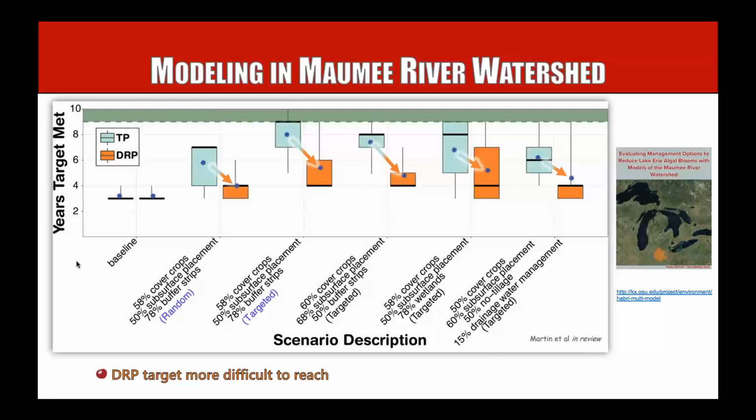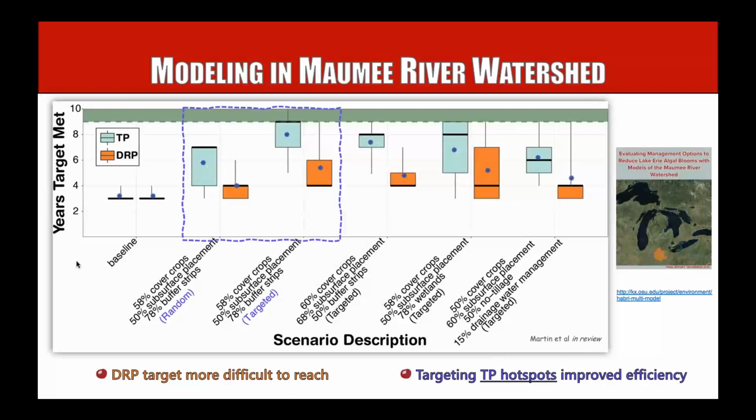The other bars you see to the right of that are results of our watershed model analyzing different potential management scenarios. What we're trying to do is get to that green area on the top. If we get to that green bar on top, that means that we've met the target 9 out of 10 years. And you see most of these bars are above the baseline, so we're making progress, but we're not reaching that green area.